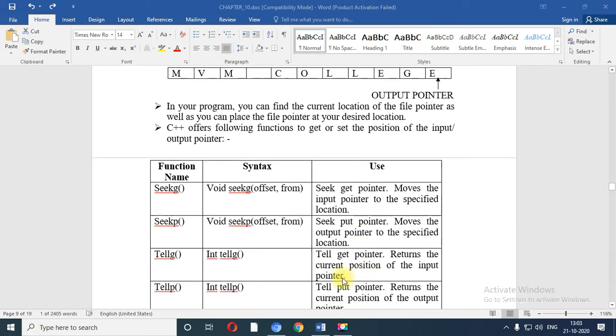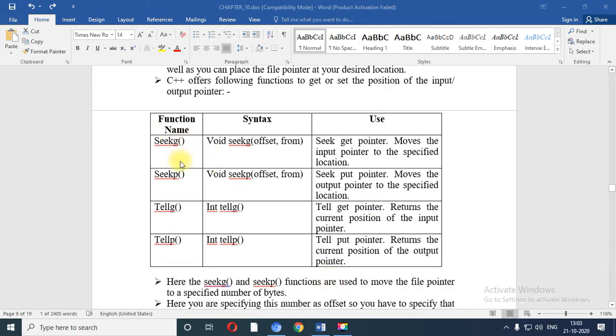Now you have 4 different functions: seekg, seekp, tellg and tellp. These 4 are the functions through which you can get or set the position of the input or output pointer.